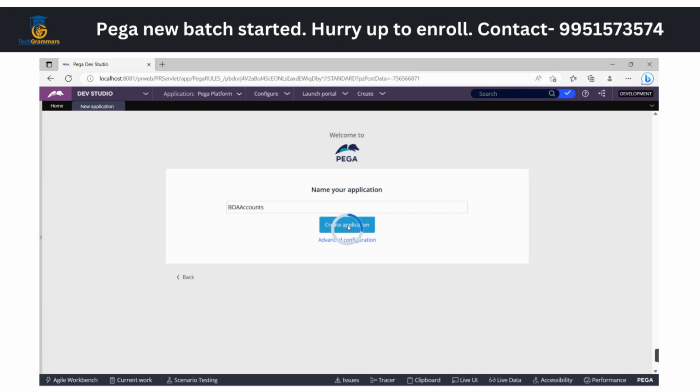Okay, so it's taking some time to load, to run the background operations. And I will be sending a few background rules as well, which are responsible for creating this application. Okay, so I will be sending that as well. So try to save that